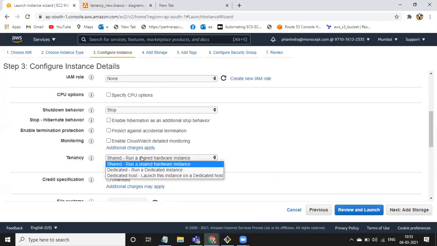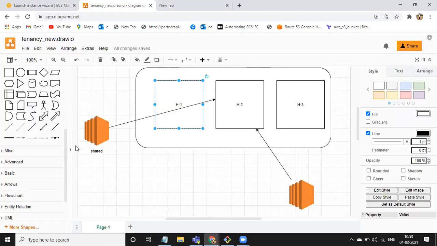So what will happen if you launch the instance in the dedicated host? If you launch the instance in the dedicated host, they will give you dedicated hardware. But if this hardware gets an issue, even if you stop and start the instance, your servers won't go to the next dedicated hardware. That is the only drawback here. For that, you need to call AWS, raise a support ticket and talk with them. Then they will change the hardware in the backend.